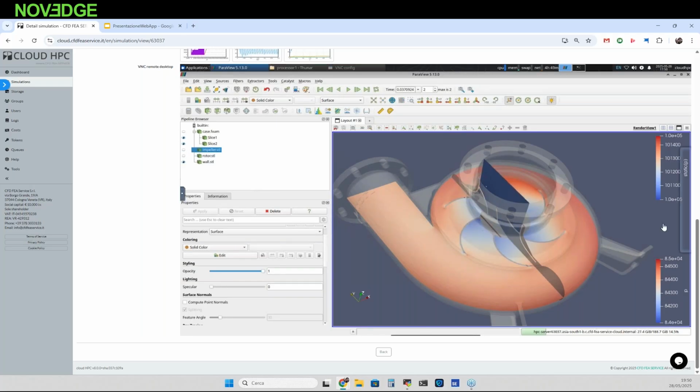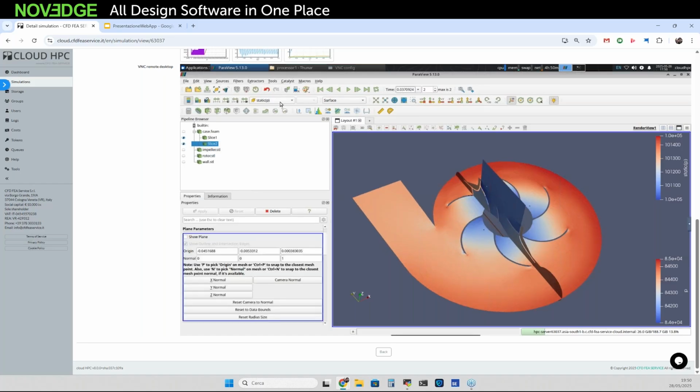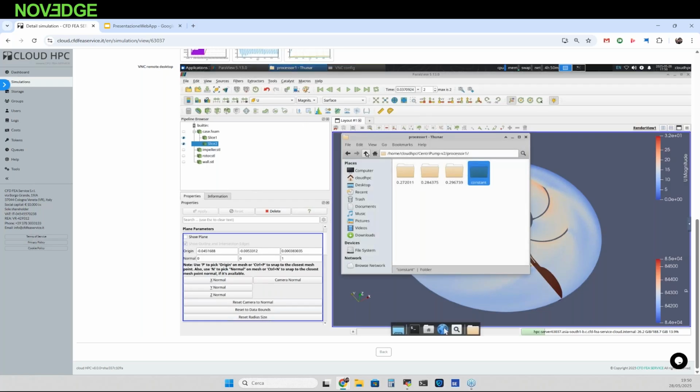ParaView in the remote desktop. Okay, I open ParaView. Again, this is a browser, and this is no more my computer. I'm connected, thanks to the browser, to a remote computer where the simulation is actually ongoing. And yeah, I can evaluate the pressure. I can color everything according to the velocity. I can proceed further with the analysis, or if I am familiar with the OpenFOAM data structure,